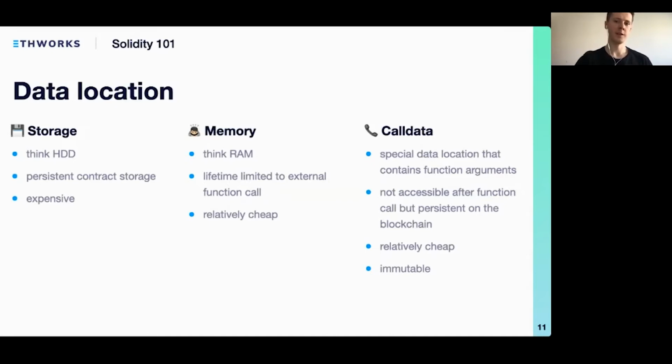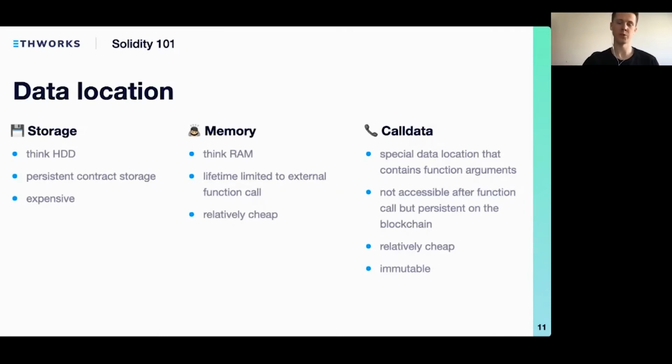Well, call data is simply this field. So every transaction has some input data in which we encode the method that we want to invoke and its arguments. And then in Solidity, you get arguments of a function, and you don't need to copy them to memory. You can directly read from this call data,